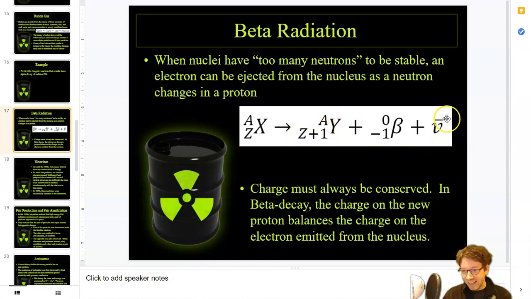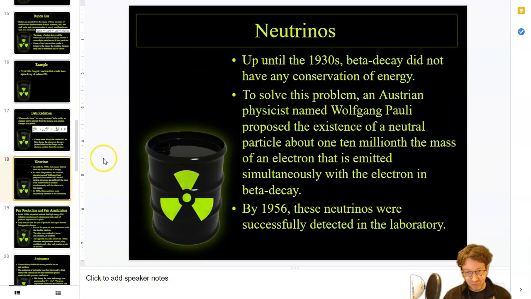And then something's over here. This is called a neutrino. Well, specifically, the line above it means it's an anti-neutrino. So what are neutrinos? Well, around the 1930s, people were observing beta decay, and they realized energy was not being conserved here. And so to solve this problem, a physicist named Wolfgang Pauli proposed the existence of some neutral particle